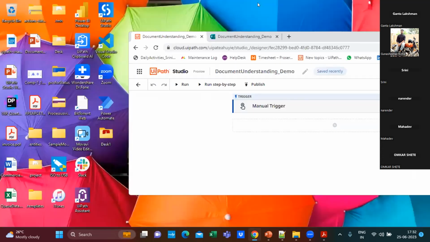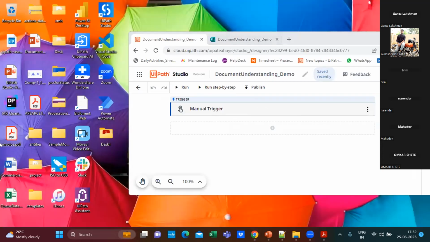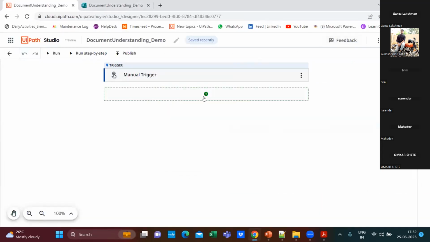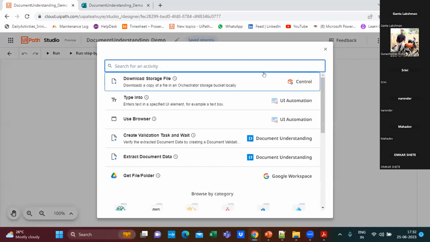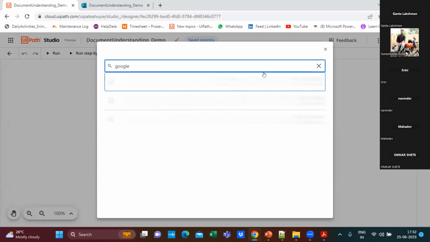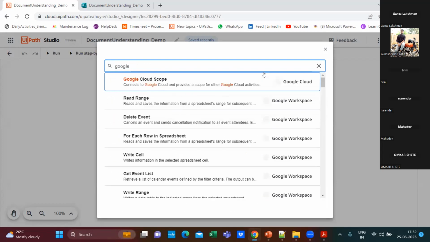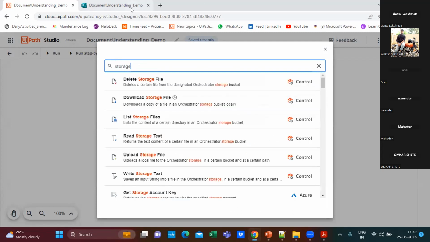because as previously said, we cannot interact with the invoice if it is stored inside the desktop. Okay. So there are different ways, but I can mention a few of them. One is Google Drive, where you can use the Google Drive activities and after that read the files from there. Another one is the UiPath proprietary option, which is storage buckets in Orchestrator. Okay, if I open my Orchestrator page here,